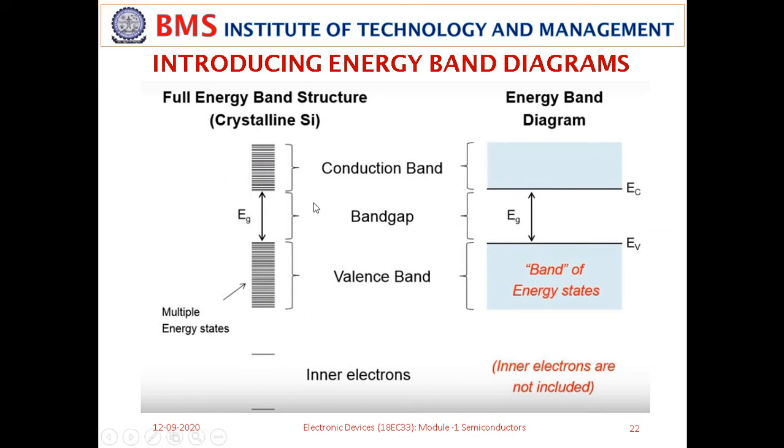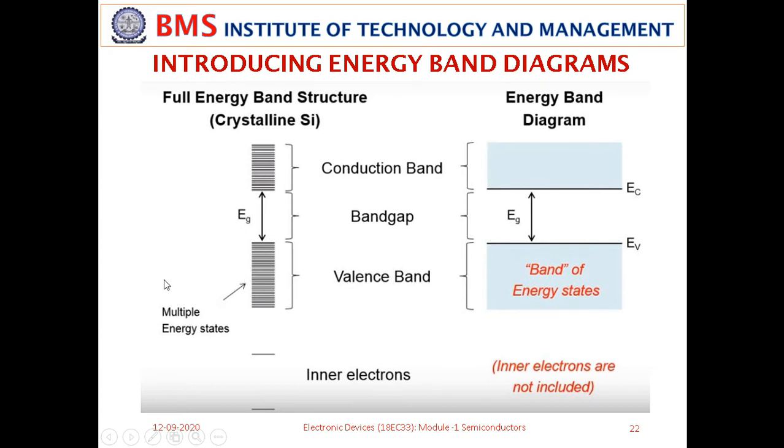Now to summarize, you can see at the bottom that all the energy states in the valence band of the different atoms have been clubbed together, and that forms a valence band here. Each line represents a different state of an atom. There are many atoms and many energy states. This valence band is completely filled with reference to silicon. And there is a band gap which separates the conduction band and the valence band. Though there are empty states in the conduction band, all these states are unfilled.